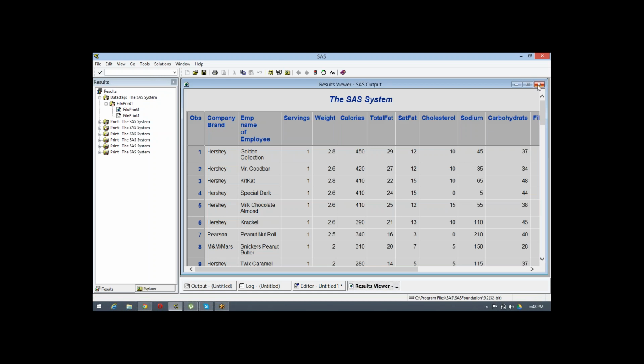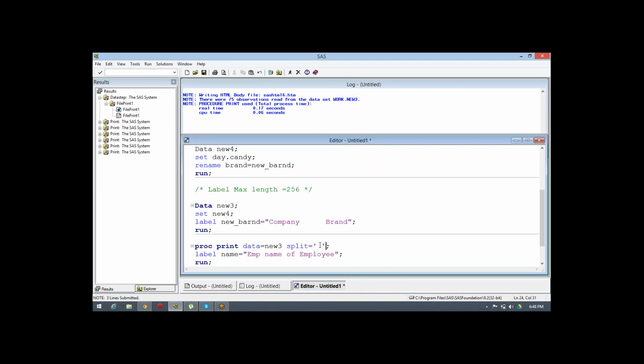Whenever we apply a split keyword, because they will ask this type of question again, so instead of label, you apply a split function. Split will act whenever a space is encountered in a particular label. After that space, they will split the upcoming value or string into the next line.